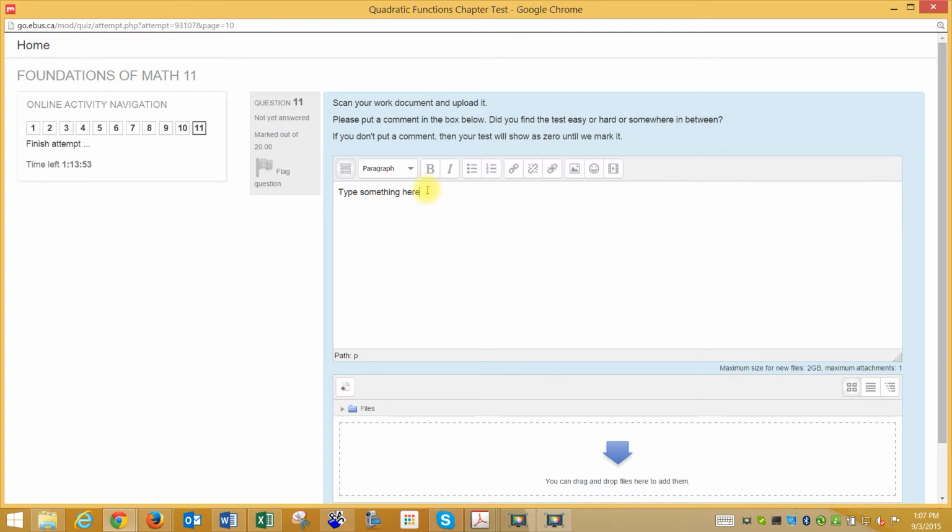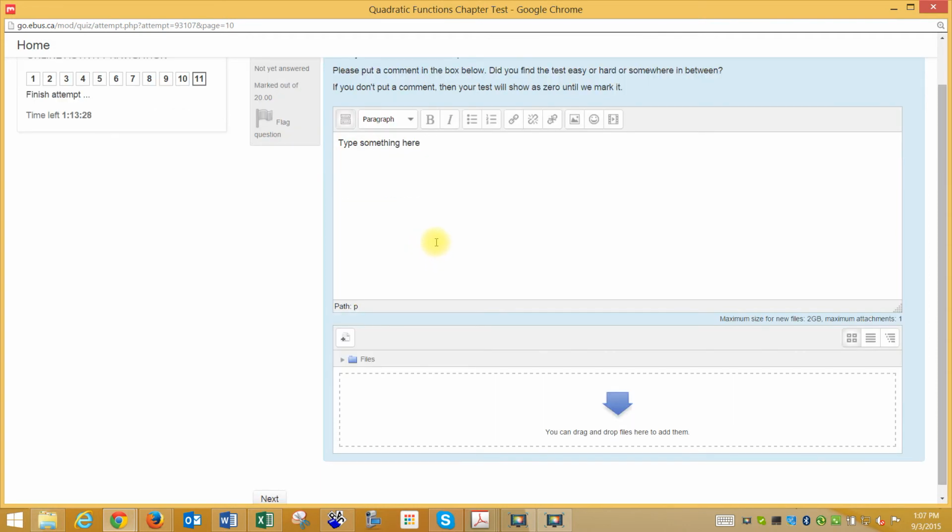And as far as marking of the tests goes, each question is out of 3 marks. So there'll be 1 mark for getting the right answer, and then 2 of the marks based on your written work. So even if you get none of the answers correct, don't panic, because if you've done the work correctly, then you'll get at least 2 out of 3 for each question. So that's why the written work option is a really good idea, because you could just be making simple mistakes all the way around. So make sure you write your comment here and that you upload your written work, and